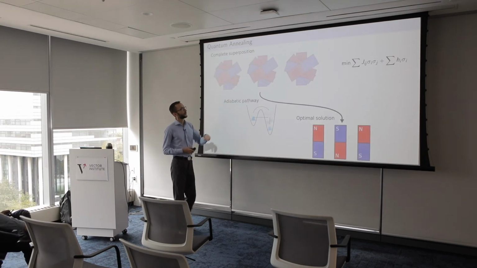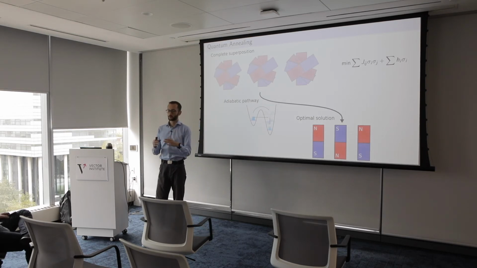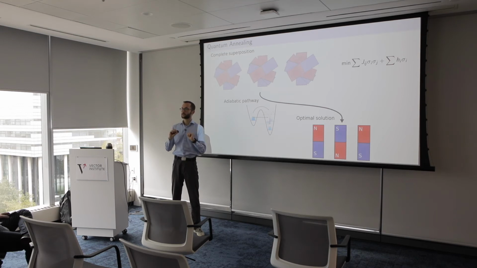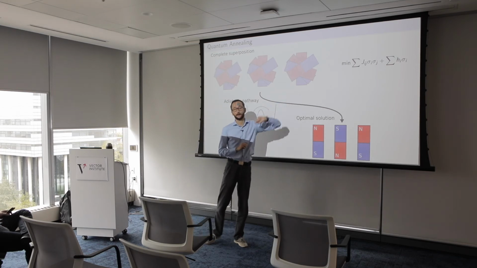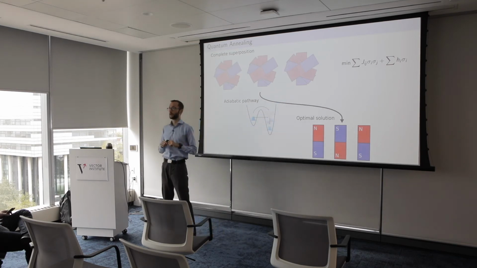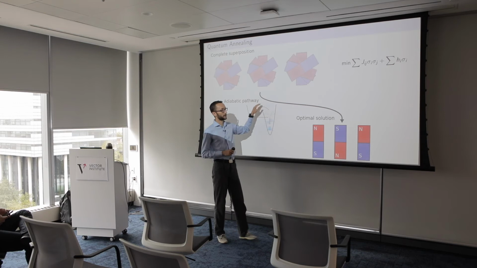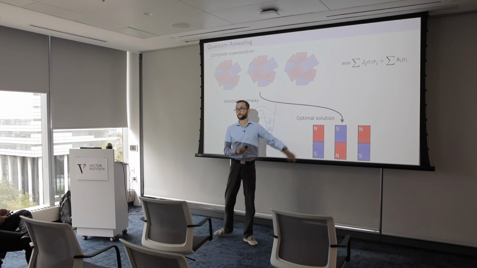So what you do now is you create an equal superposition of all of your magnets. So in a quantum system, you would create a magnet plus one and minus one in a superposition with equal probabilities for every single site. Okay? And starting from that configuration, you slowly change your system into the system whose energy you are interested in, which is that thing over there. So this configuration of different things. And if you follow something called the adiabatic pathway, then you end up with the global optimum of that problem.